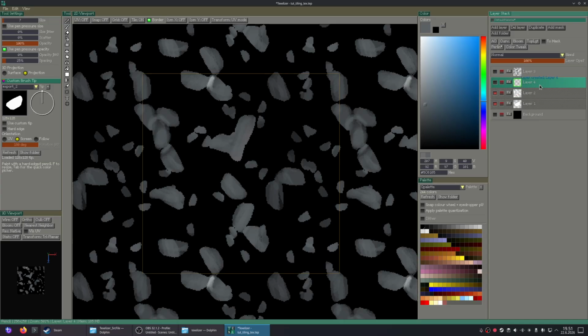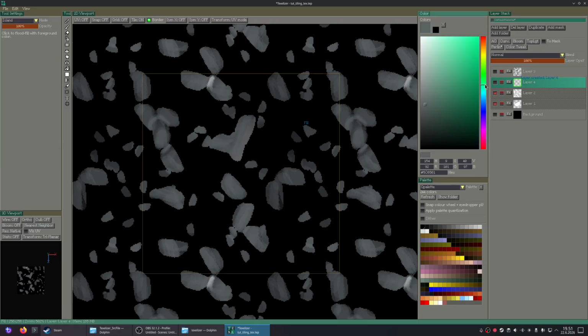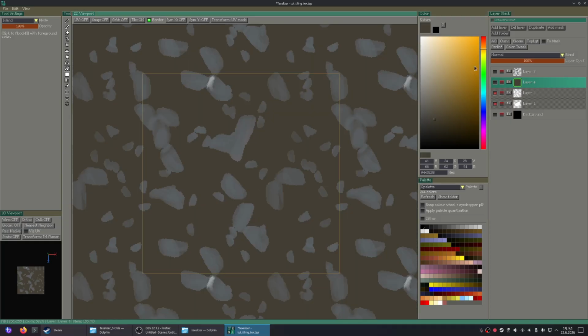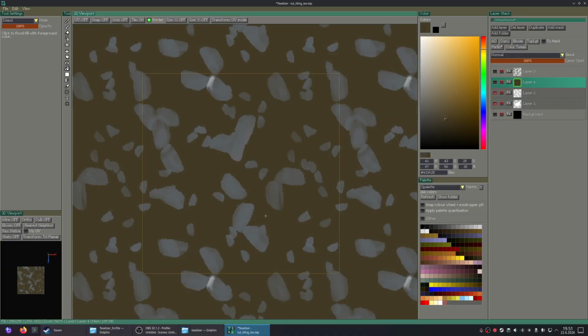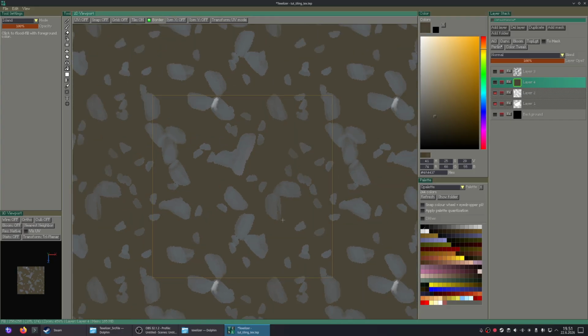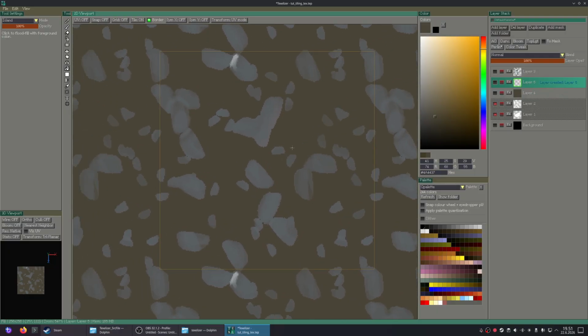This is the original black and white mask. So I need some kind of soil. Let's go a bit desaturated. That's fine for me.